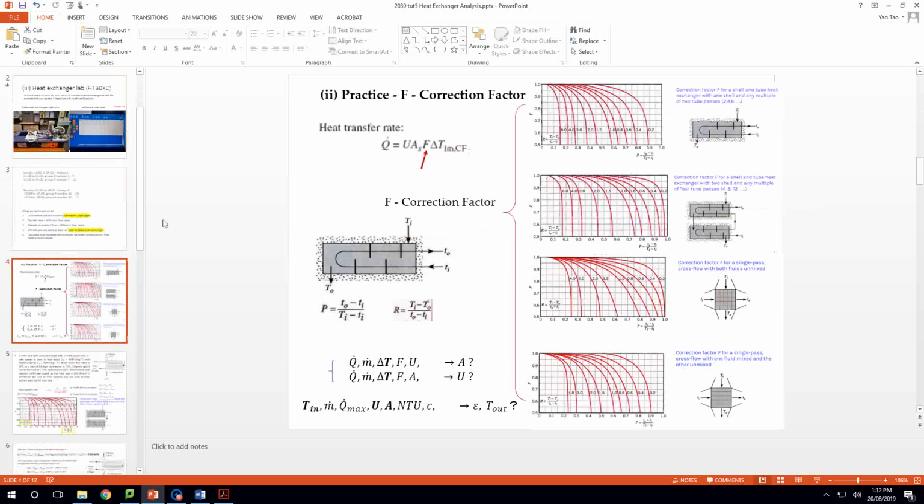And then the practice for the second half of heat exchanger would be correction factor and NTU. And NTU will be explained next week. So this week, when we are doing the heat exchanger on correction factor, the first thing is why we need the correction factor. That would be basically because, for example, you have,